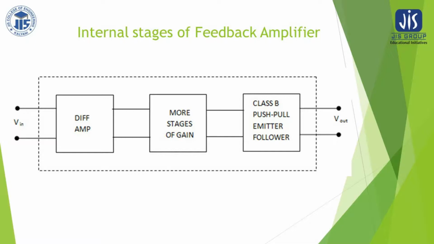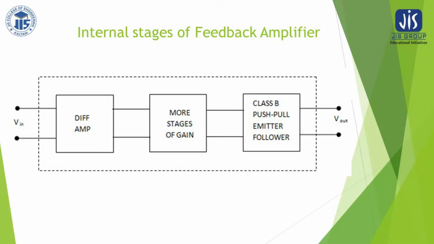So the sampling network's responsibility is to collect a part of the output signal to be applied to the feedback network, and that feedback network produces an output which is a fraction of the actual output signal, to the mixing network. The responsibility of the mixing network is to mix the signal source along with the fractional output, so that the resultant signal will be applied to the basic amplifier to produce the actual output of the feedback amplifier. All this arrangement has been done only to receive those advantages which we have listed before this discussion. So this is all about the feedback amplifier sections.